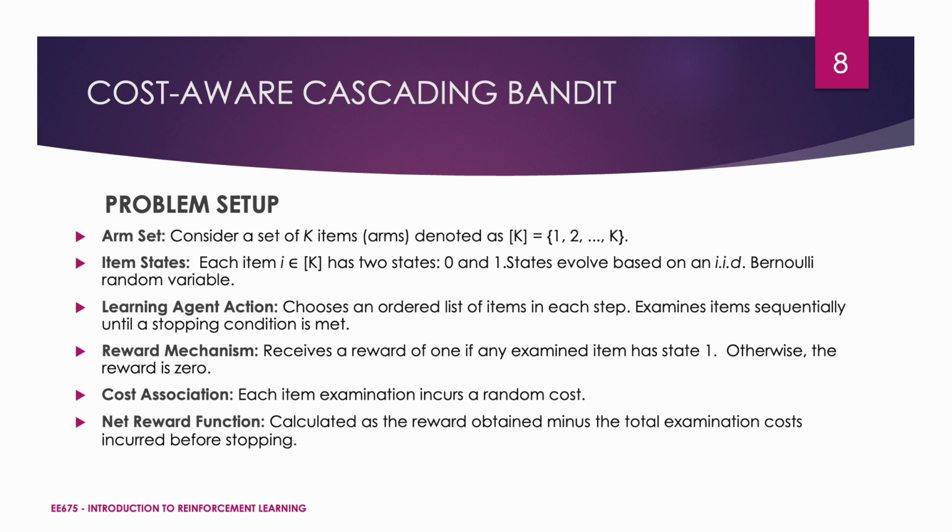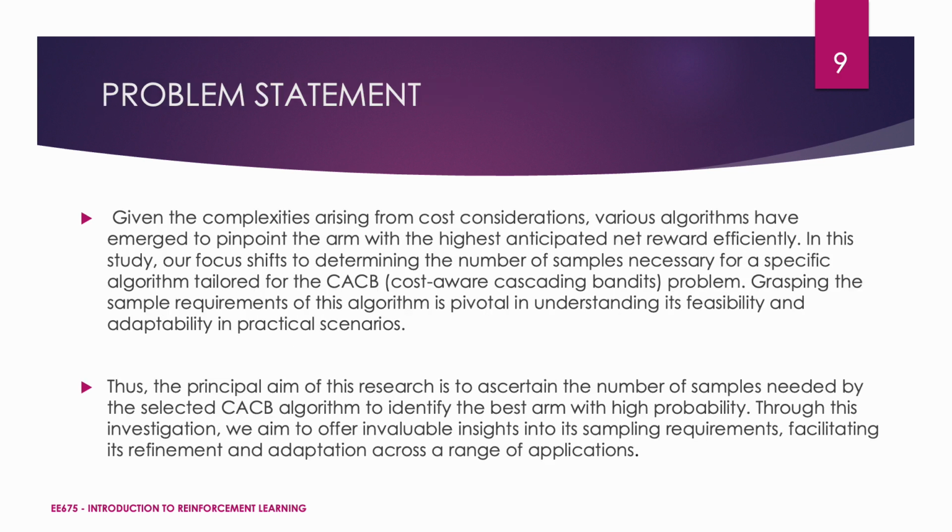Additionally, each item examination incurs a random cost, which is unknown to the user, and the net reward function is calculated as the reward obtained minus the total examination costs, which are incurred before we stop. Now, we can acknowledge the complexities which are introduced by the cost considerations in selecting the most rewarding arm